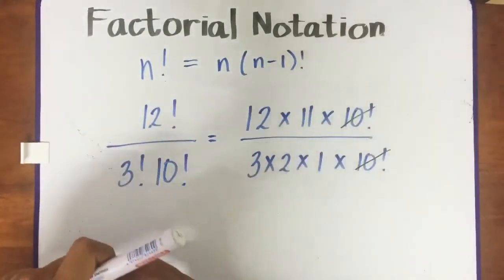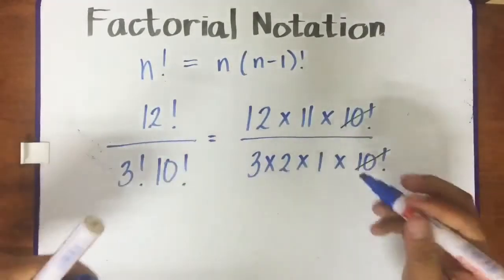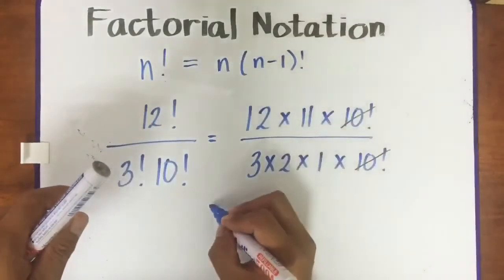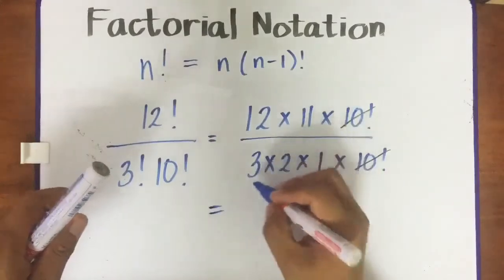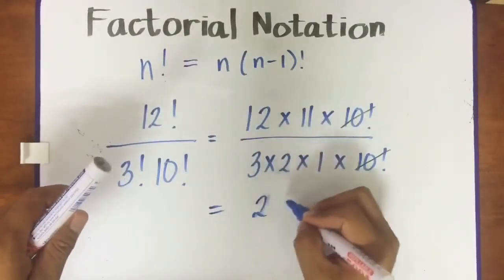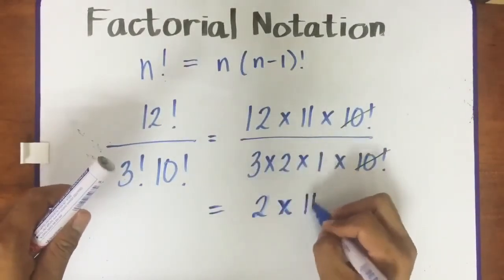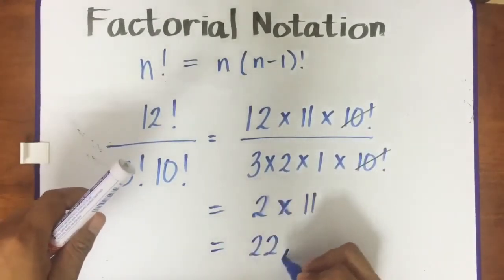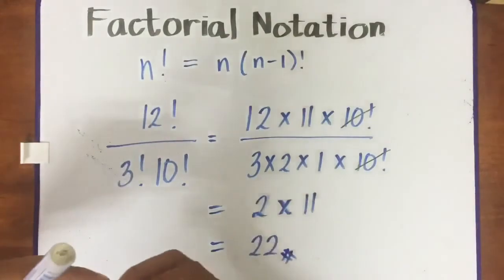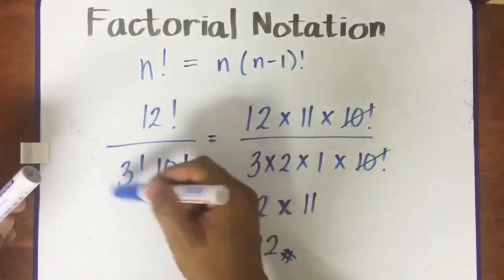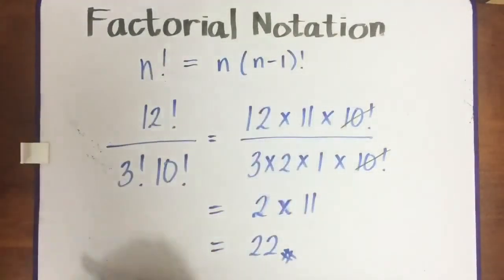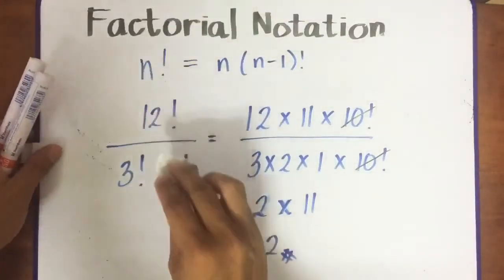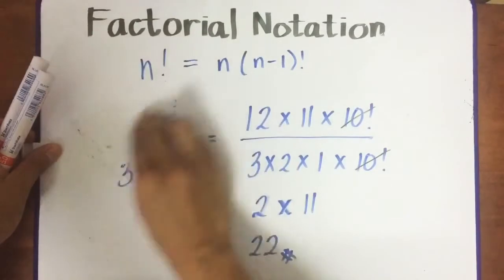3 times 2 times 1 is equivalent to 6. 12 divided by 6 is 2. So it means this will be 2 times 11, and 2 times 11 is equal to 22. The value of this is now 22. Okay, so now we are going to move on to some examples